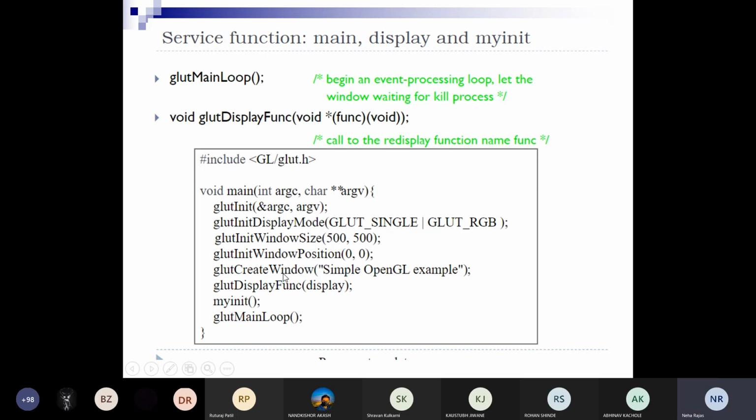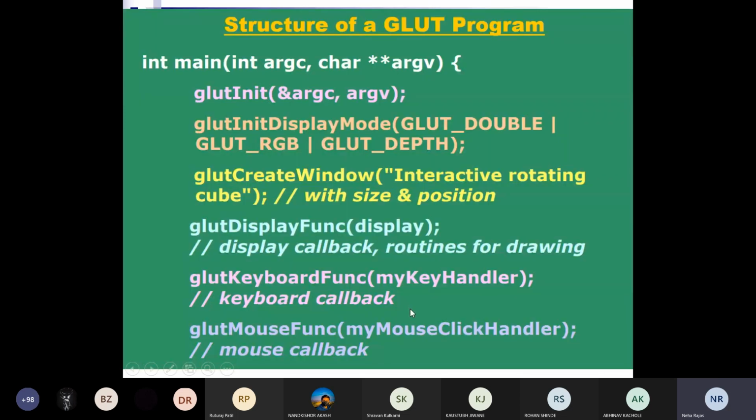Then glutCreateWindow, जो हमारी विंडो होती है, लाइक अगर इस विंडो के ऊपर जो टाइटल आता है ना, उसके लिए हम यहाँ पे create window, that is simple OpenGL example. Then display function, myInit and glutMainLoop. So this is the simple program of GLUT OpenGL.